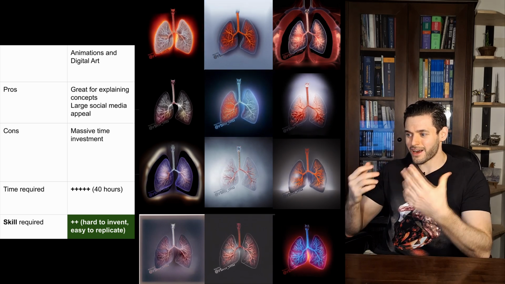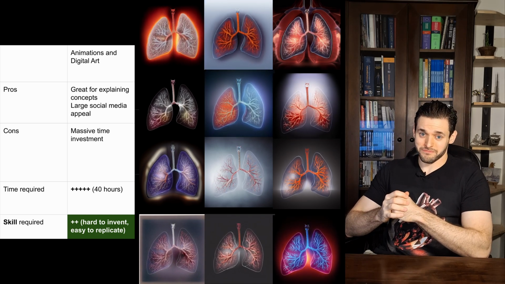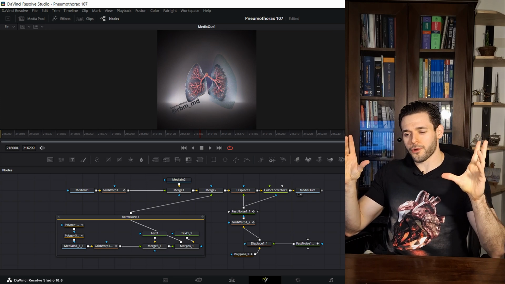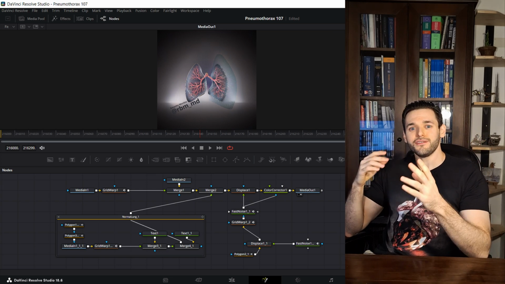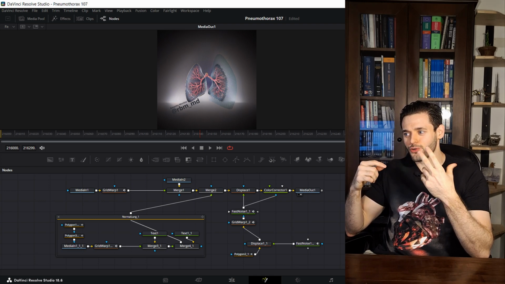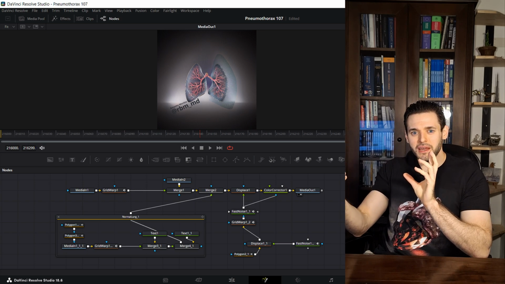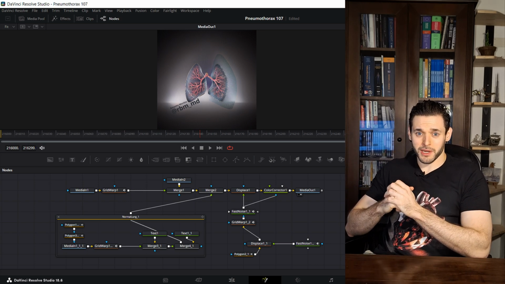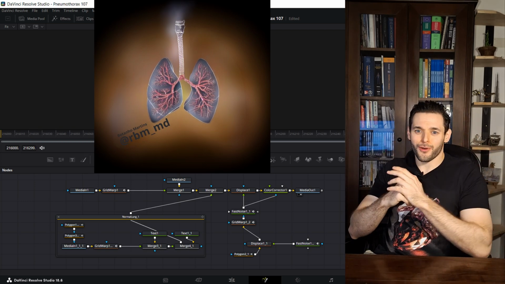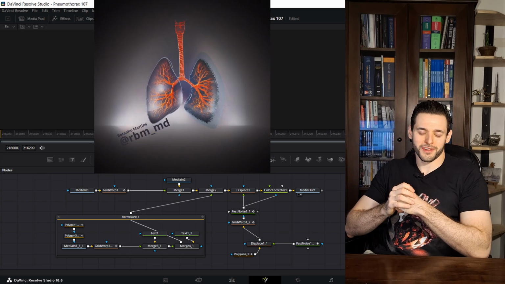Animations are hard to invent, hard to create, and easy to replicate. Because once you have your node workflow ready, it's easier to change some small details. So it's much harder to create a perfect workflow that depicts a pneumothorax happening. Yet once you have the left pneumothorax animation, for example, if you want to create a right pneumothorax animation or